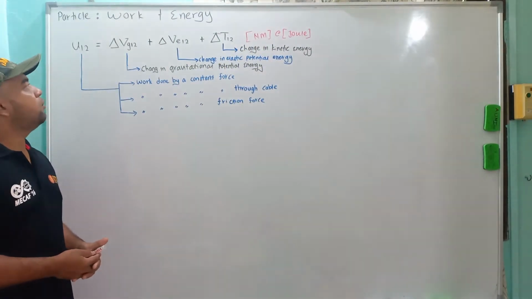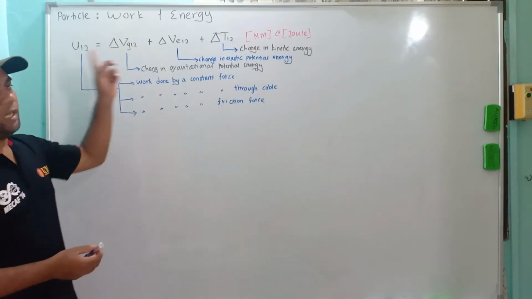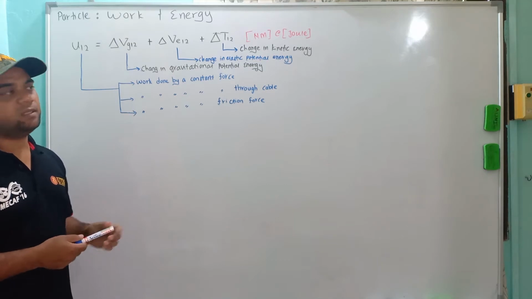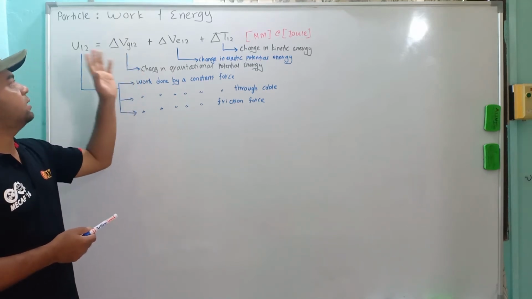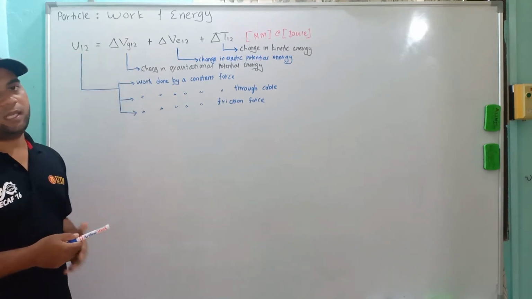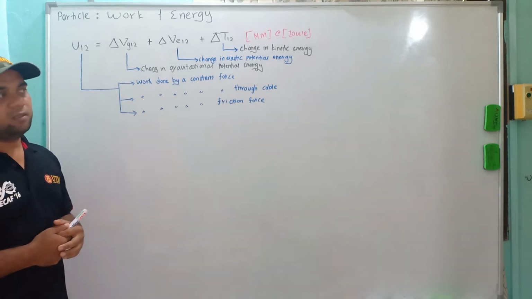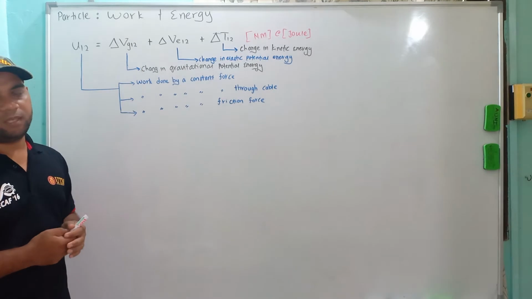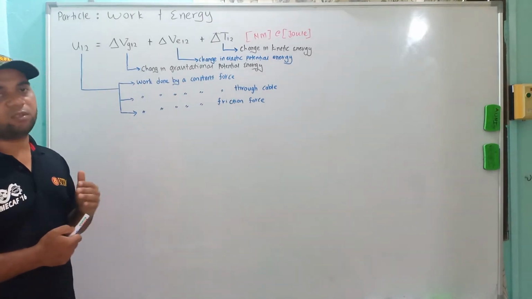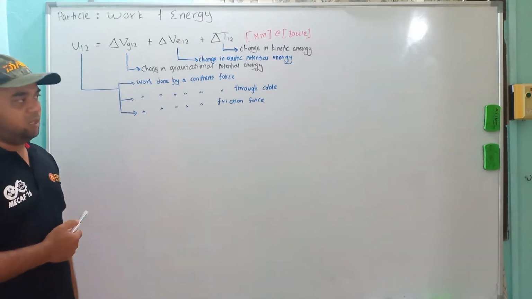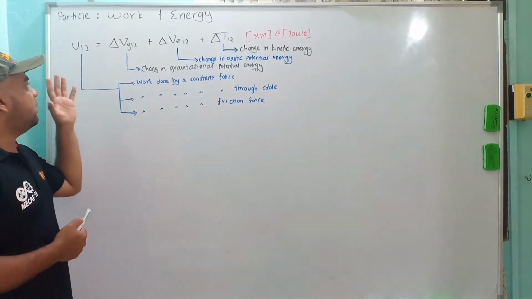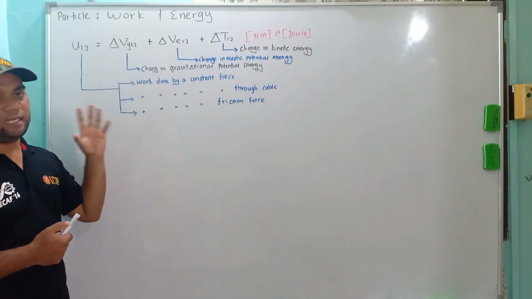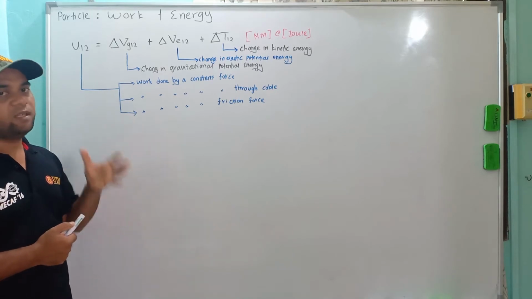Welcome back. We are now in work energy for the particle. We are still in the particle, but now we are entering the section of work and energy. This equation is actually derived from the equation of F = ma. You can refer to the book for how to derive the whole equation. At the end, we will come to this final equation that we will use to analyze the problem involving work